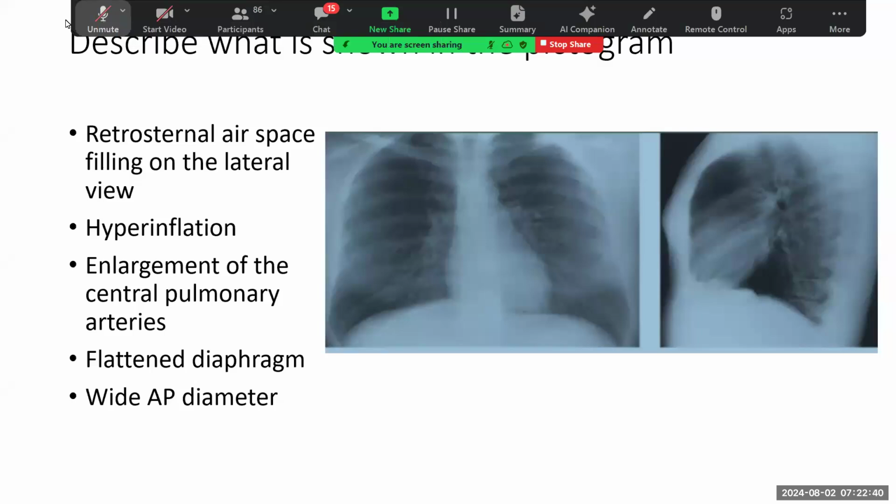the finding on the chest X-ray of COPD. The lateral chest X-ray is very important. In a normal person, when you do the lateral chest X-ray, you should be able to see the anterior border of the heart with a space between the sternum anteriorly and the anterior border of the heart. But when you have right ventricular enlargement, there is encroachment into that space. As you can see from this chest X-ray, you cannot see that clear space between the sternum and the anterior border of the heart. So that suggests right ventricular enlargement. It is encroachment into the retrosternal space.